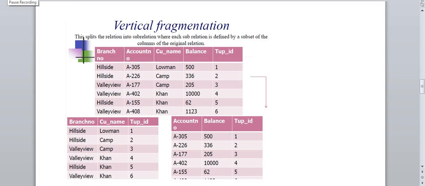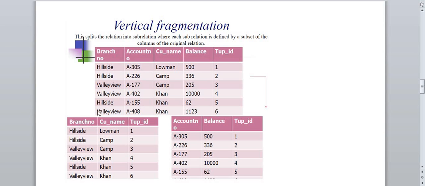Now let us see vertical fragmentation. Here we are splitting the relation not based on the rows, but based on the columns. Let us see: branch number, account number, customer name, balance and tuple ID. These are the names of the fields, and we have divided these fields. Here we have put branch number, customer name and tuple ID in this relation.